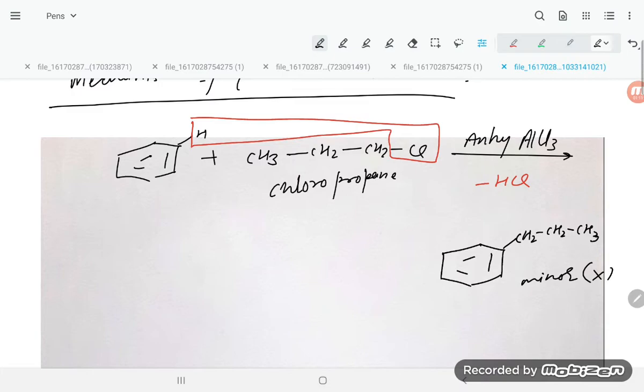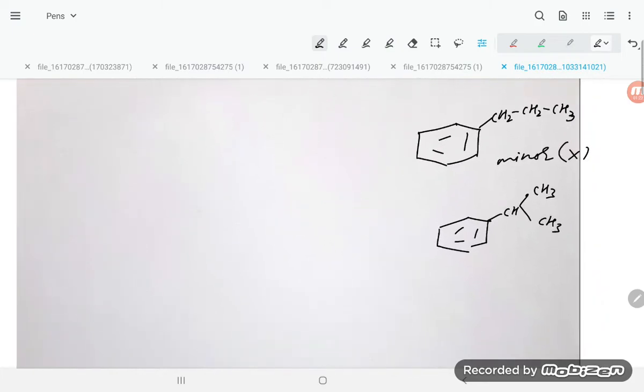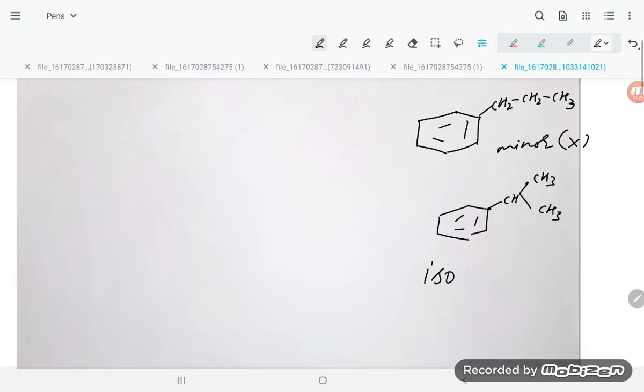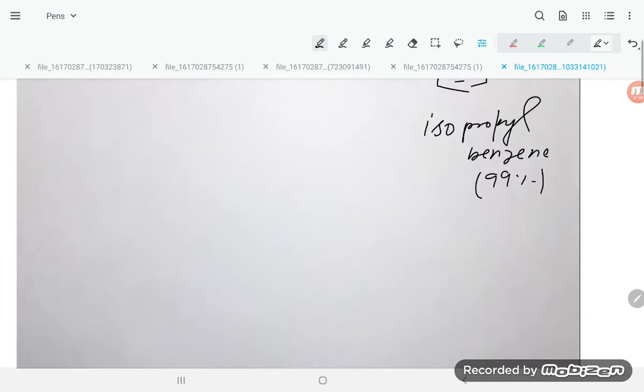Negligible amount is forming of this one. But what is the major product, dear students? The major product is CH with CH3 and CH3. This is what is known as isopropyl benzene. This is somewhat 99% and this is the 1%. Now this reaction, we need to understand the mechanism. So how can you understand the